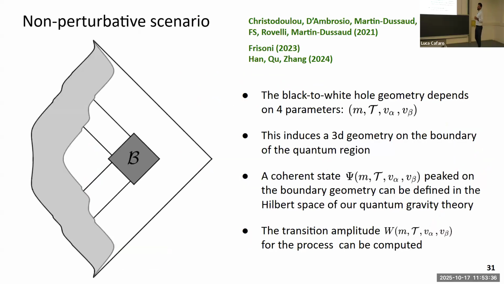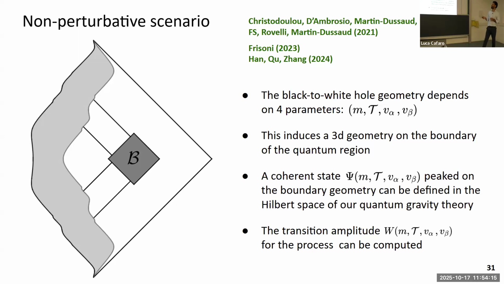What instead if we have a non-perturbative scenario and this metric we found is not physical and there's something else that happens in region B? How do we describe the physics inside of it? Well, this is actually a problem that seems tailor-made to be described by any theory of quantum gravity. We have an explicit metric in the exterior of this quantum transition region that depends on some parameters. We want the physics inside of region B to tell us which one is more probable, which one is better suited to represent the